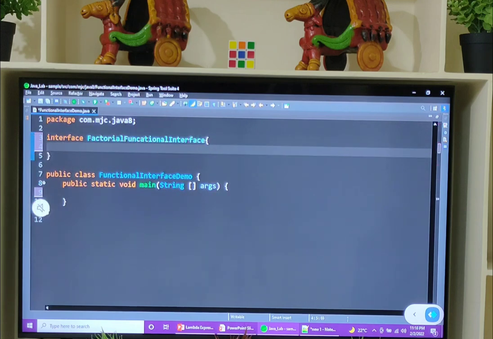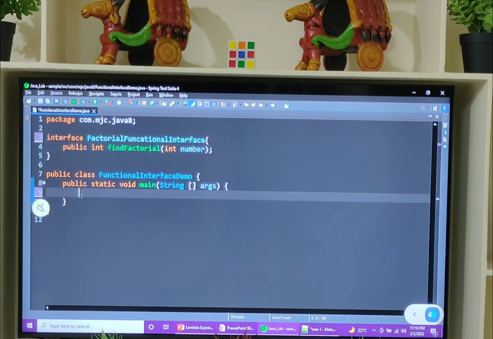So in this, I have the abstract method public int findFactorial(int number). So now provide implementation to the abstract method findFactorial using a lambda expression.